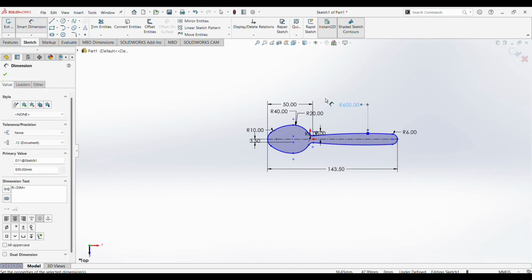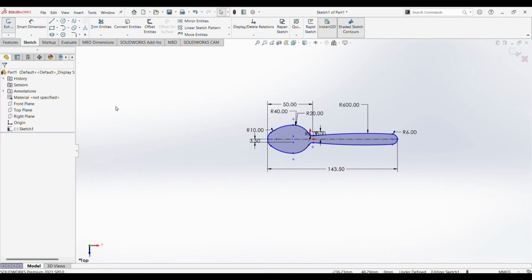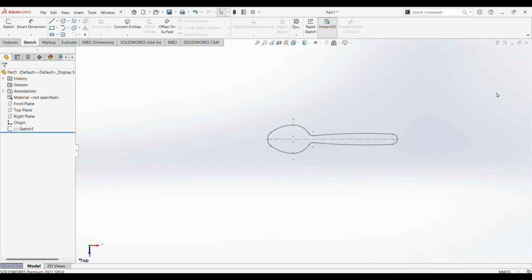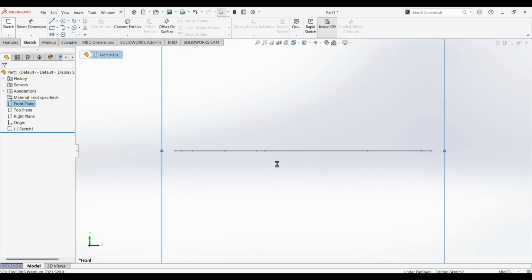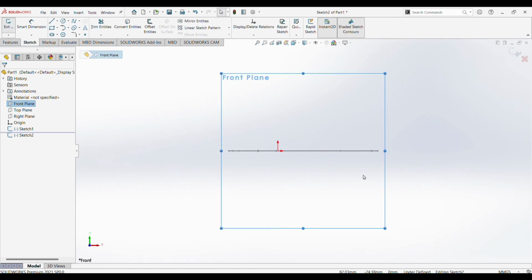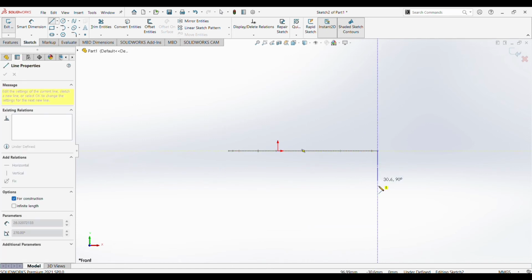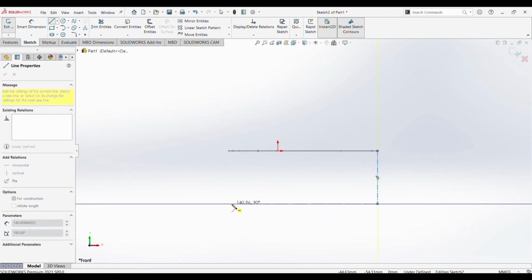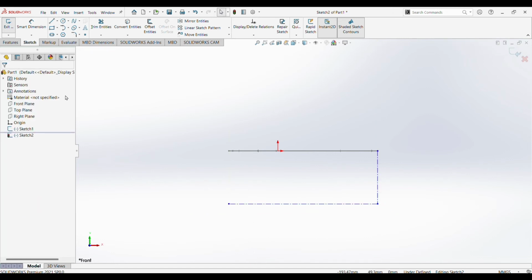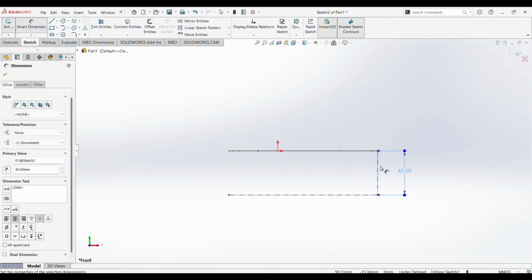This arc, put a smart dimension which is 600. Then check. And then let us exit sketch and then go to front plane, change to normal view and then sketch. Put center line starting from here, downward, another one going to the left, and then select. Put a smart dimension for the center line, which is 45,